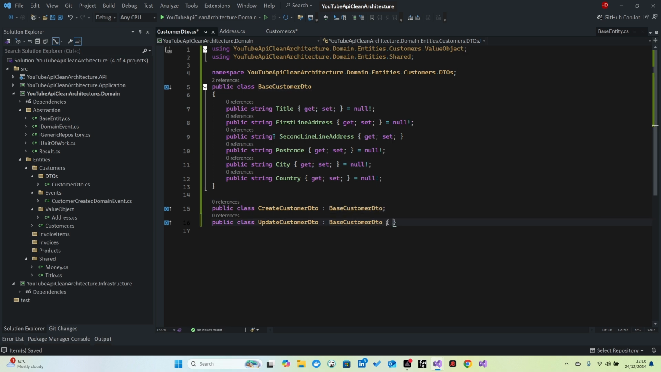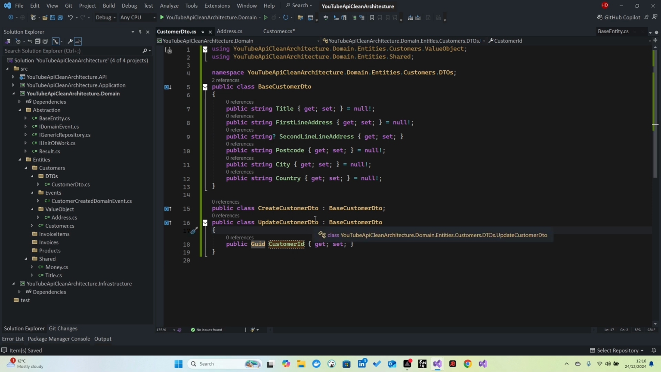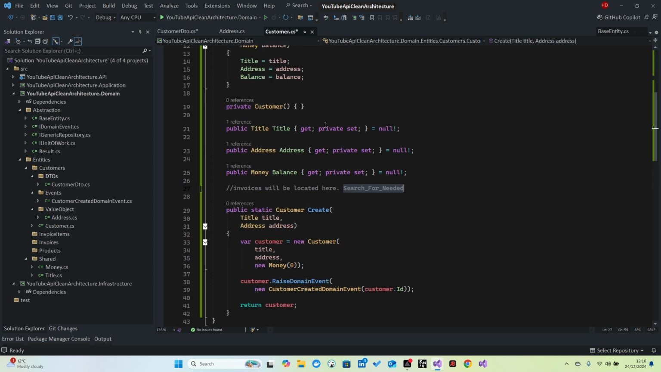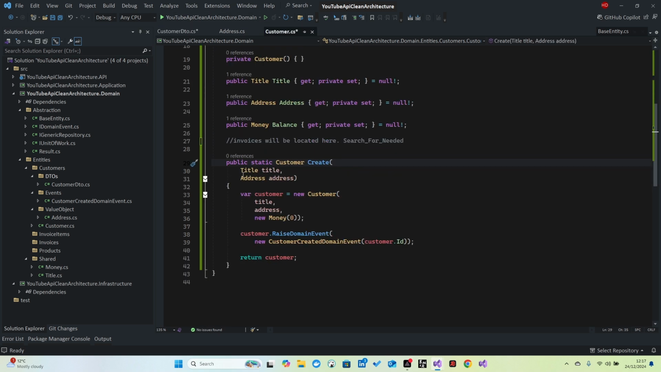Update might have an ID, so I'm going to add create ID. Let's say the name of it is going to be customer ID. Anything else should I add for our DTOs? Control R G, deleted unnecessary namespaces. It seems all good. Let's come back to customer, and let's add here, instead of